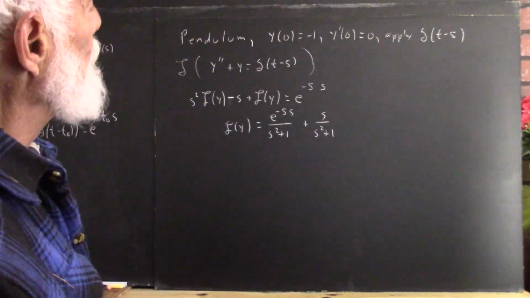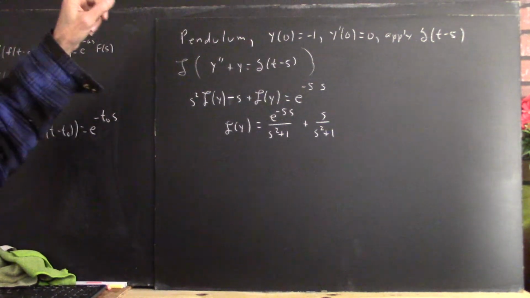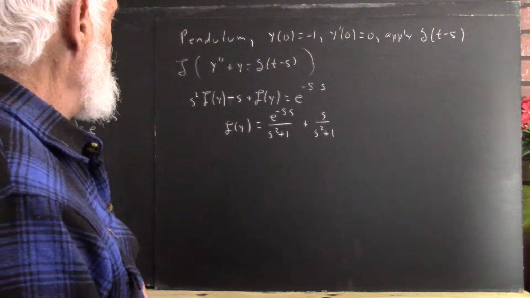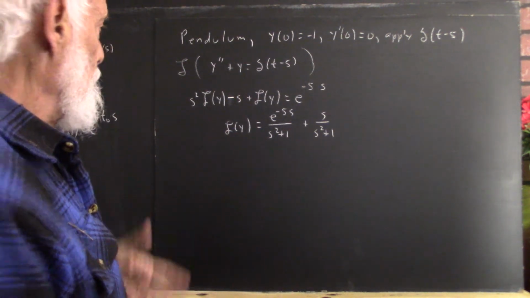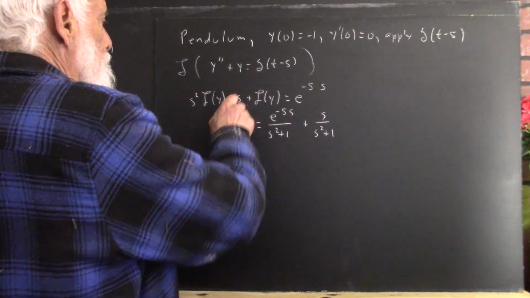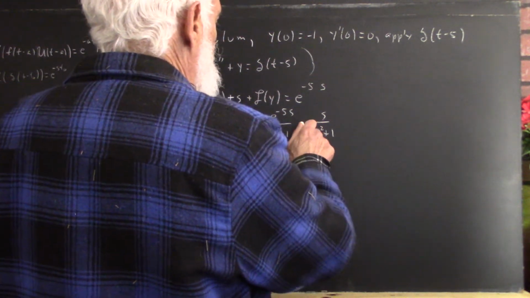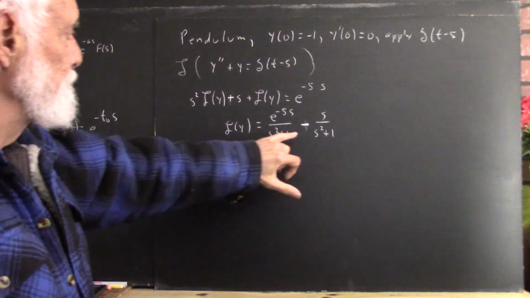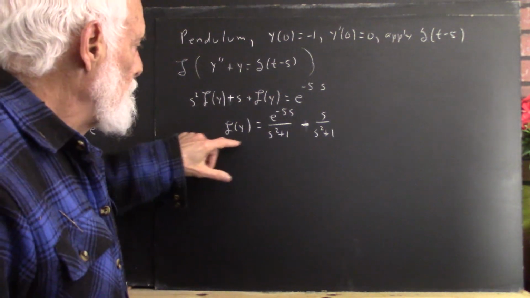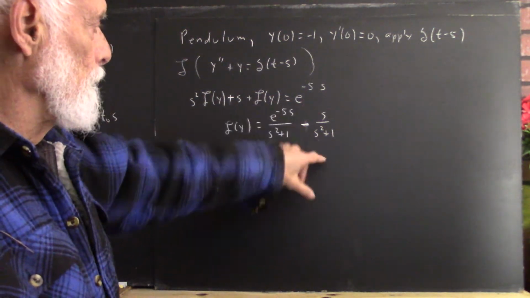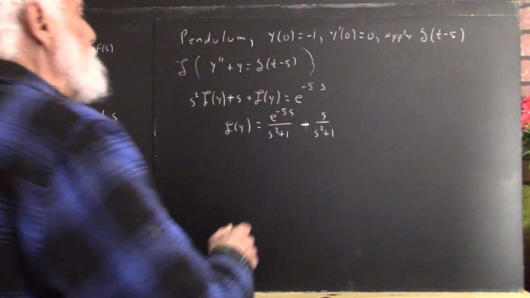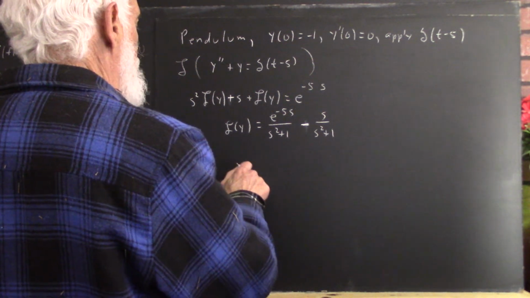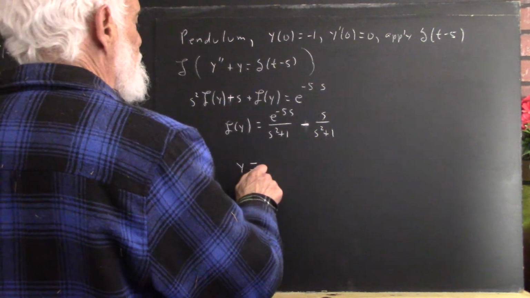Okay, let's see this one. It's more interesting anyway. Okay, so y of 0 is -1. We apply this. This ought to be a plus s, so this ought to be a minus here. Okay. So L of y is e to the negative 5s over s squared plus 1, etc. So that y equals